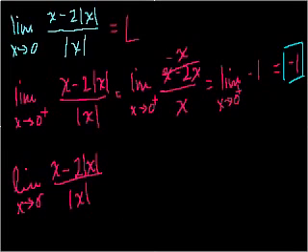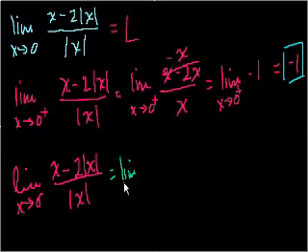Okay, now let's take this case down here when we're approaching from the negative side. So how can we think about this? What is the absolute value of x if x is a negative number? Well, the absolute value of x, if x is a negative number, is going to be the negative of x, right? Think of it this way. If x is negative 1, when we take the absolute value of x, we're essentially just multiplying x times negative 1. So another way to rewrite this is